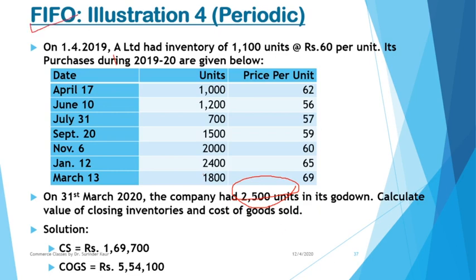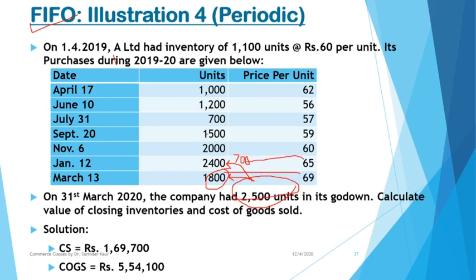Anyhow, now coming to FIFO approach, this method. So this stock must be from the latest lots. So your latest lot is of 1800 units. So this can be there in the stores as per the assumption. Your opening lots are sold. So latest lot is of 1800. It is fully there with you because you have 2500 units. So you still have a gap of 700 units. So it must be there from this lot. So we can say that in closing stock, this lot is fully left with us, and out of this 700 units are left with us.